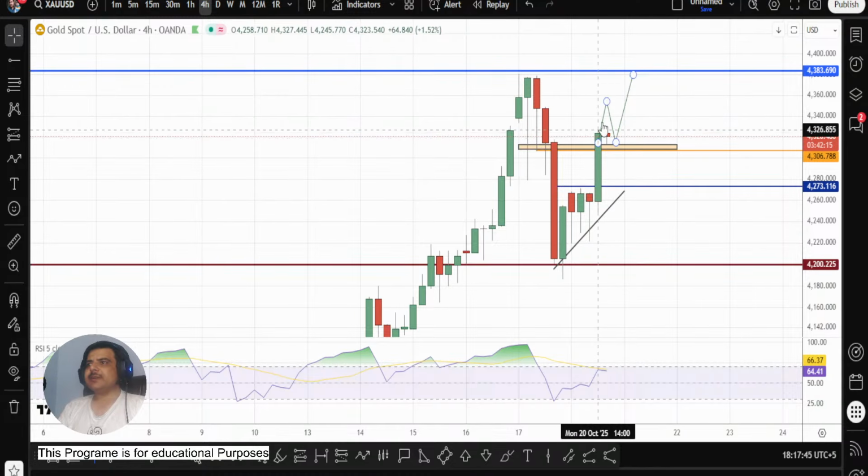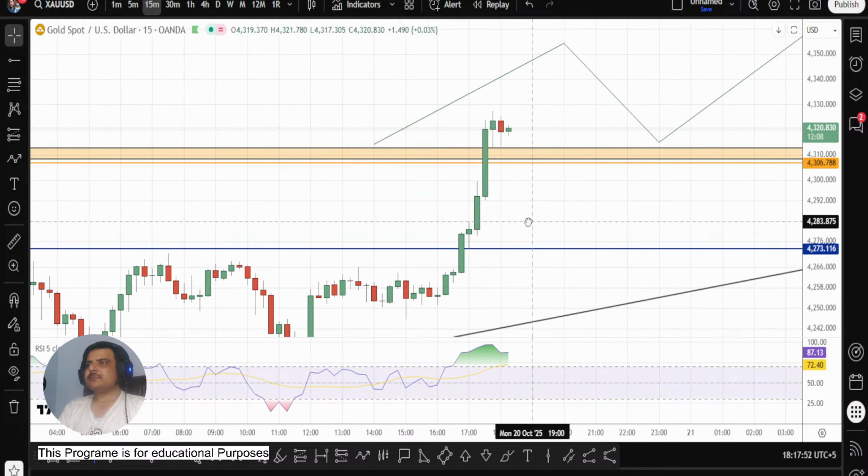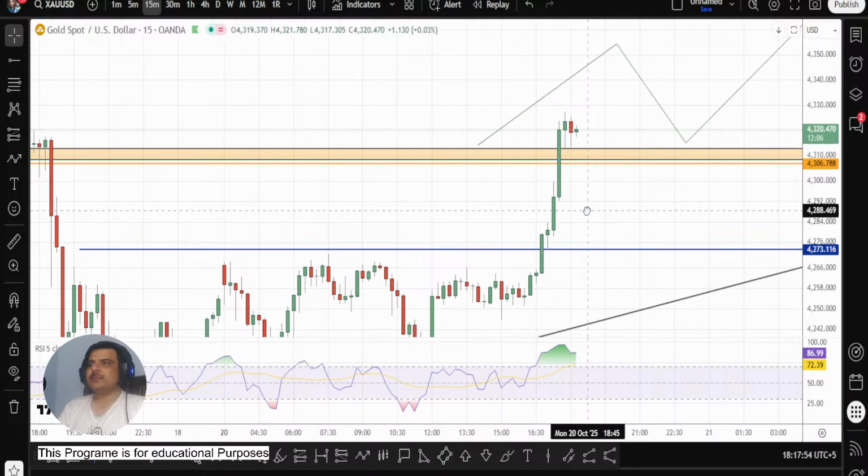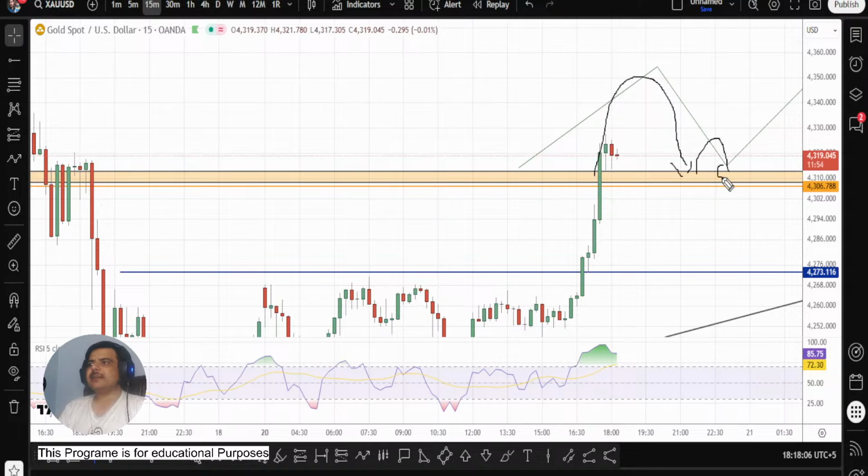Obviously this breakout retest, if one wants to play it, is for the lower time frames. It seems a bit risky buying at this stage, because ideally I would like to see it do this, then make a proper pattern right here at this place, and then I will be looking for a bullish move. So this is how it is.